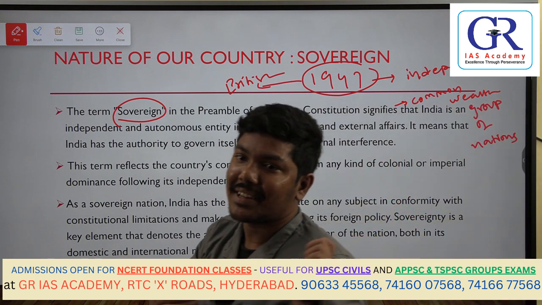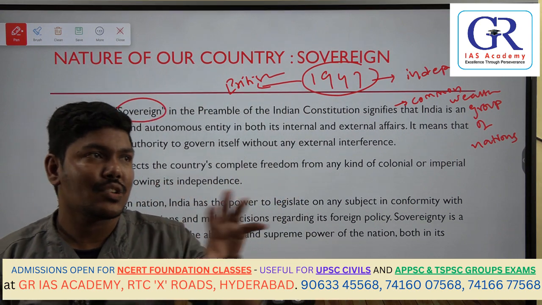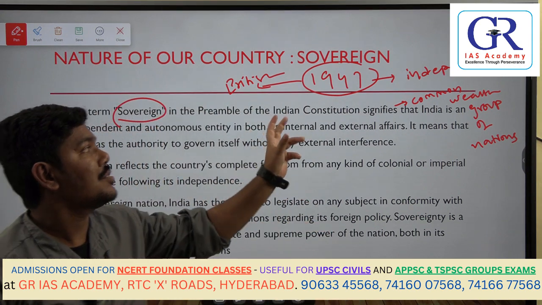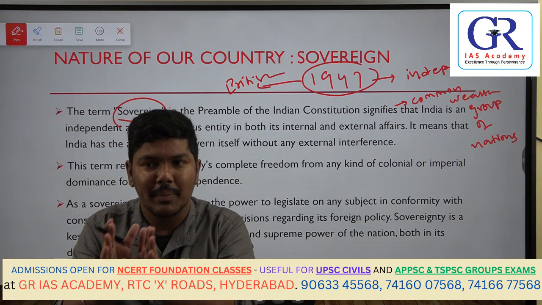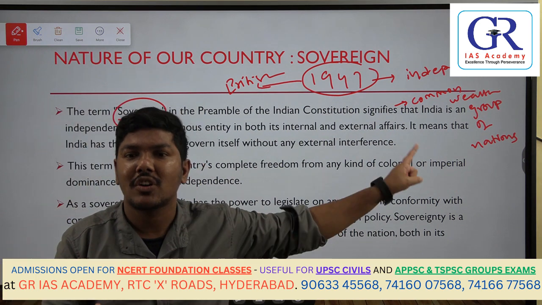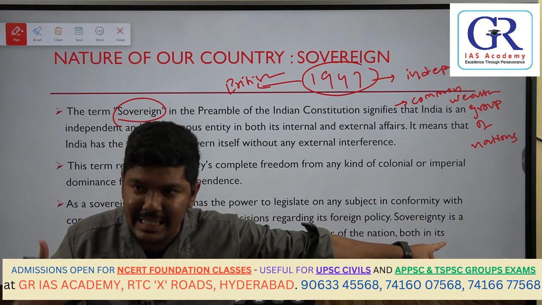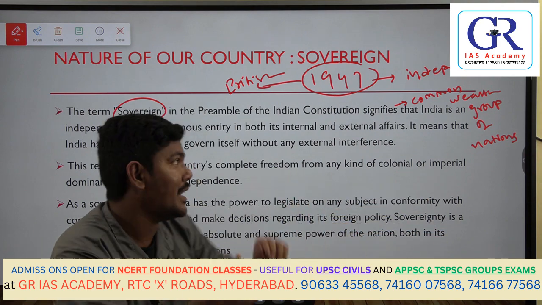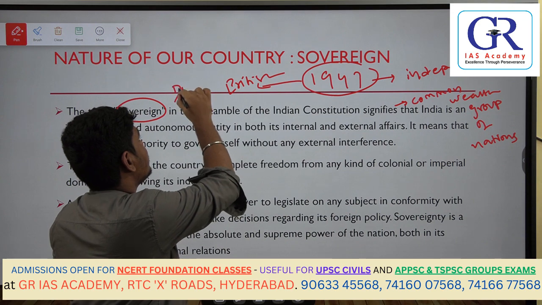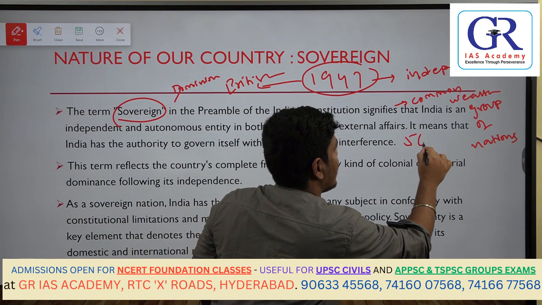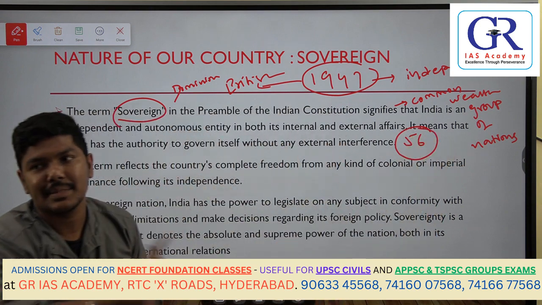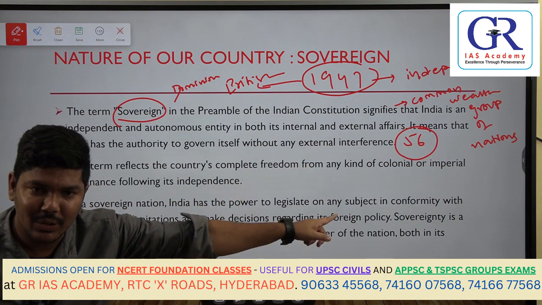Even this can be a potential question. When some area has not been touched by UPSC, for sure they will touch it next time. Because when you are talking about sovereign, you should know about the Commonwealth Group of Nations, because India is a member. Earlier we used to be a dominion. So how many member nations are there? 56 member nations are there in the Commonwealth Group of Nations.